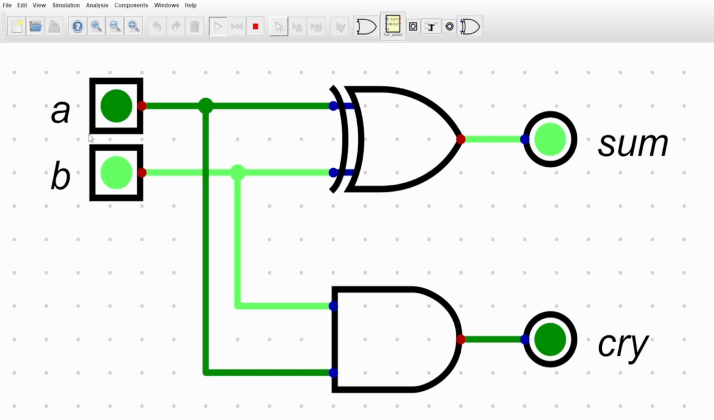And then in a case where we're adding 1 plus 1, we should get a carry of 1, which is 1, 0 in binary, which is a 2 in decimal. So 1 plus 1 equals 2. Now, to prove this in a GTK wave,